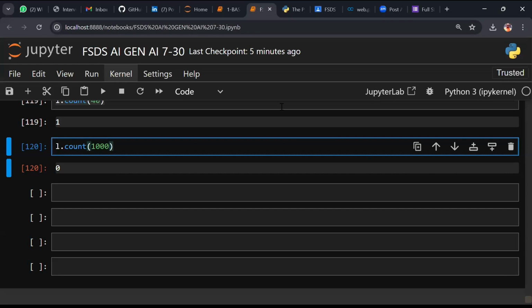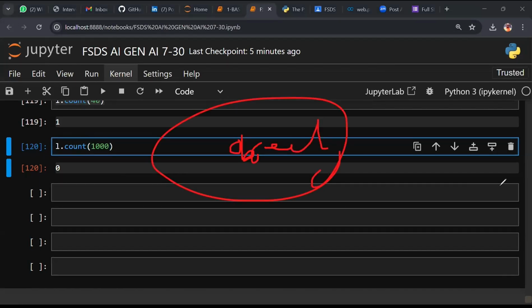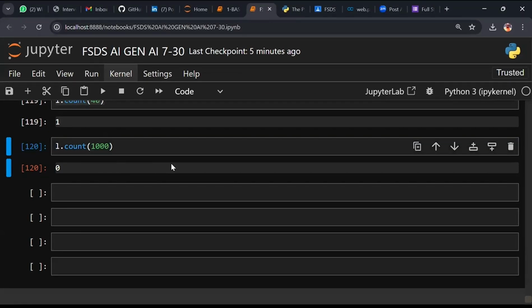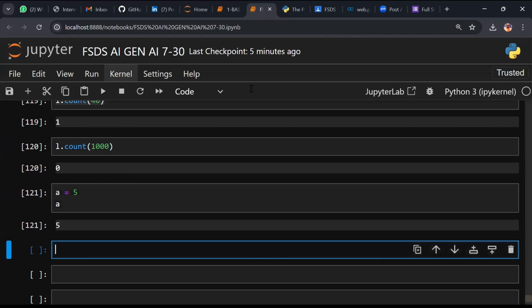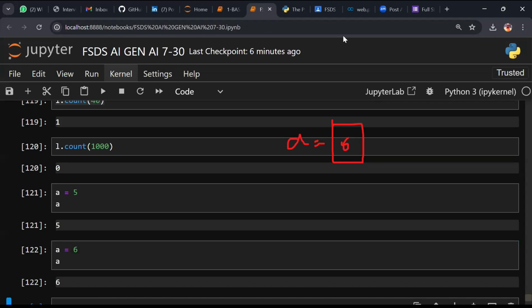So Python is an object-oriented programming language. What is Python, guys? Object-oriented programming language. What is meant by object? See, when we stand in front of a mirror, I can see my object or not. When someone comes and stands in front of the mirror, my object disappears. I mean to say, just here, I'm trying a equal to 5. Now, when I execute 5, I create a memory space where the variable a stores the value 5. In the next code, when you write a equal to 6, just call a. Now 5 is replaced with 6 or not. Getting my point? That's called object oriented.